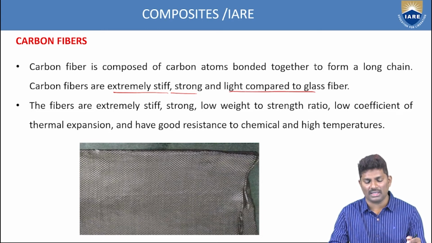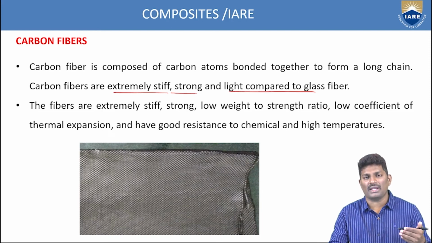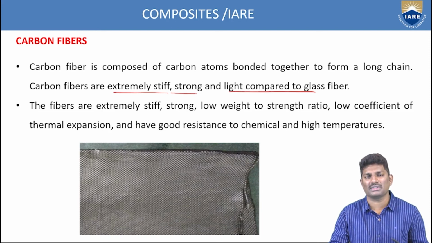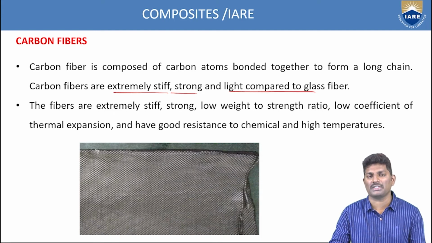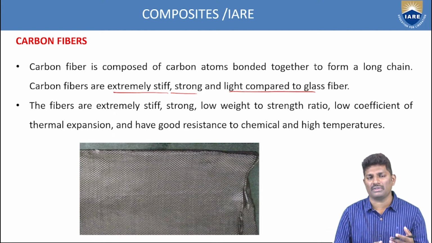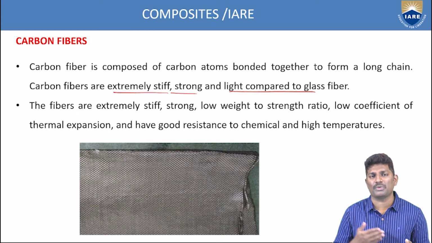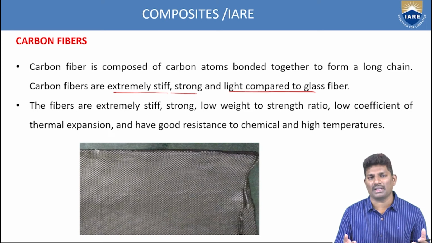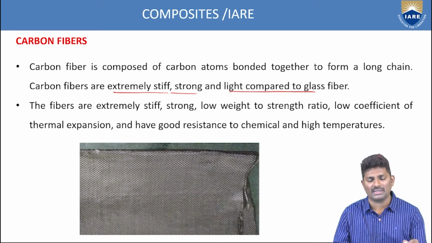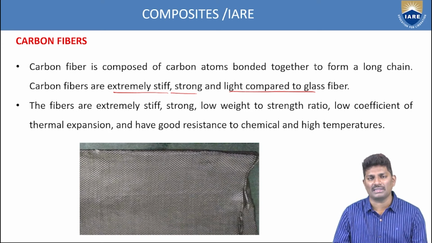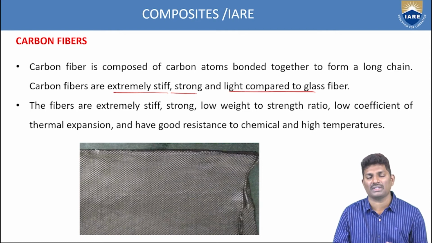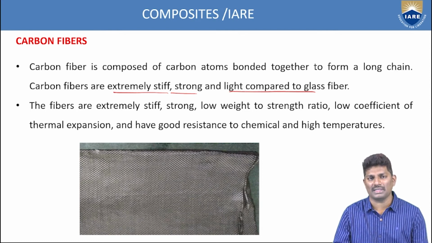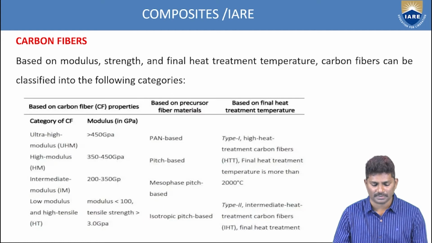So that's what, you see, you are trying to improve different types of fibers, whether it is glass fiber or carbon fiber, based upon the applications. Based upon the applications, you're trying to invent different new materials, and because of these things, there is improvement in the properties, whether chemical or mechanical. So in this case, these have very little thermal expansion and very good resistance to chemicals as well as high temperature conditions.